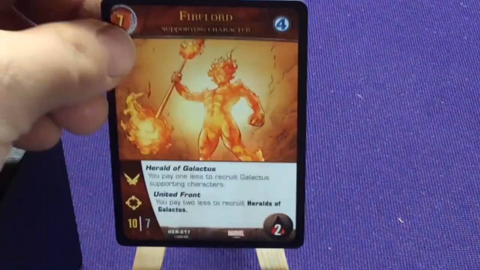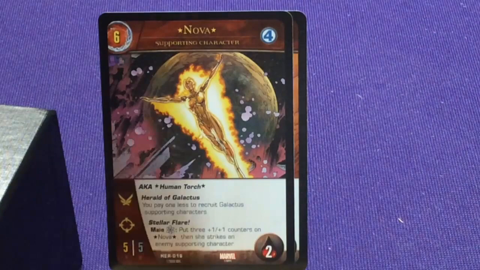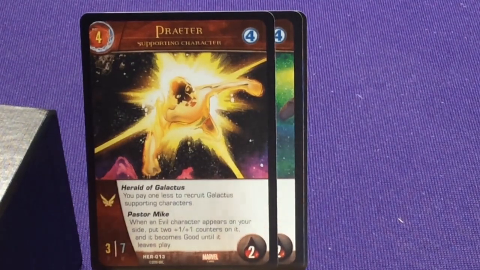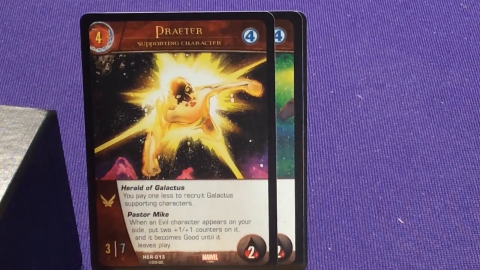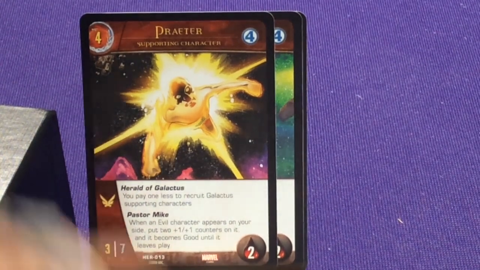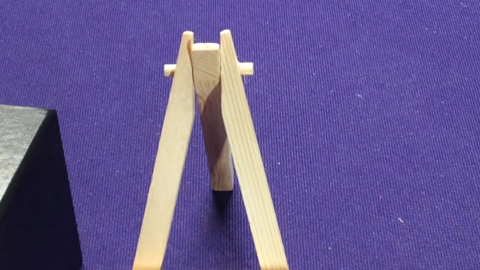3, 4, so we have 4 in that, so we have 6, 7, 8, 9, 10. So we only get 10 of the 12 Heralds. So if you're playing a combination of the 2 decks, you could, with one of each different character, you could have,